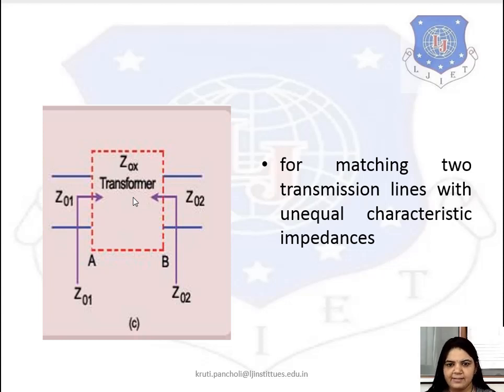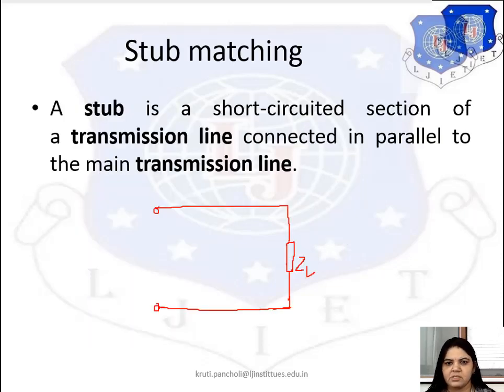at the source end. If a mismatch occurs, various losses arise in the transmission line, as we have seen in the last video. So to avoid the losses due to the mismatch in impedance, we can use an impedance matching technique. The technique used for impedance matching is referred to as stub matching.